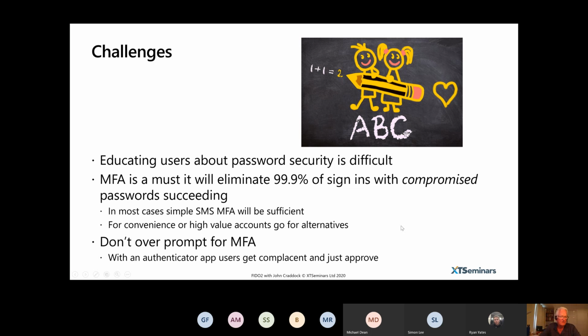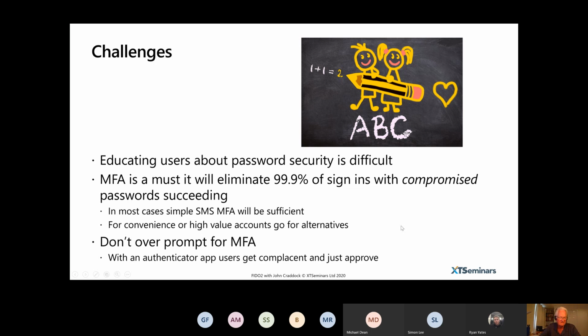In a lot of cases, simple MFA is going to be sufficient, because the attack is for low-hanging fruit. We're not targeting a specific person. If a specific person is being targeted, then I would strongly advise against MFA. So for high value accounts,